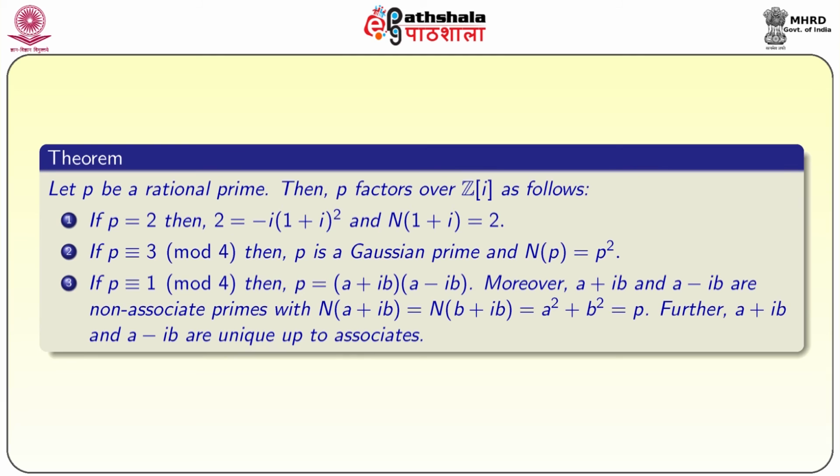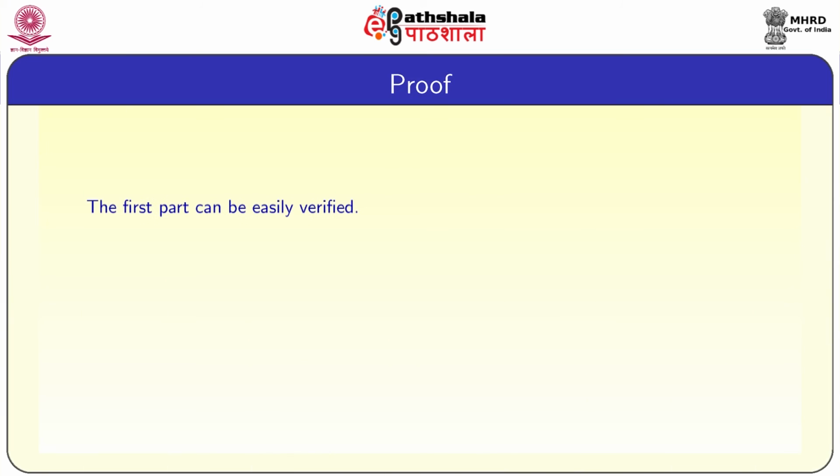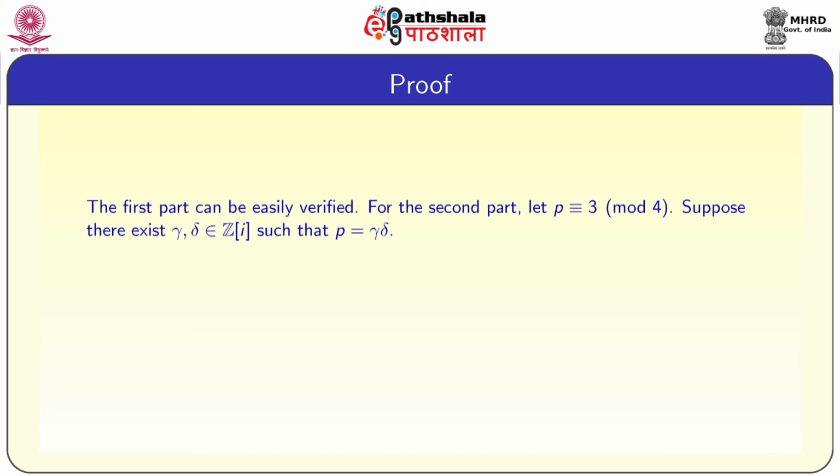Further, A plus iB and A minus iB are unique up to associates. So, we are going to give the proof. The first part can be proved easily. For the second part, let p be congruent to 3 mod 4. Suppose there exist gamma, delta belonging to Z[i] such that p equals gamma times delta,